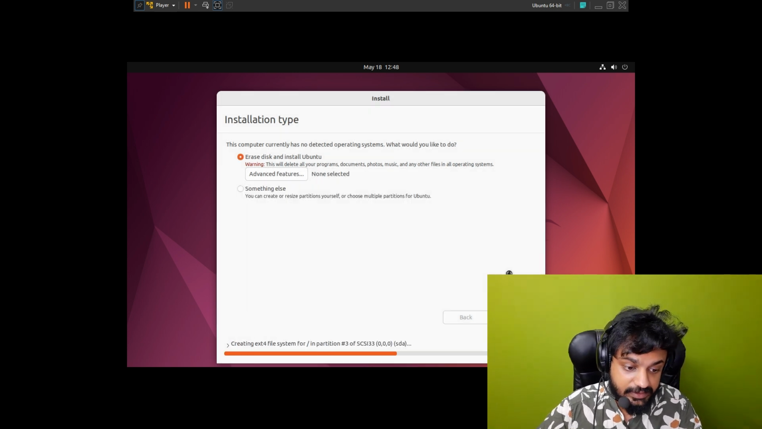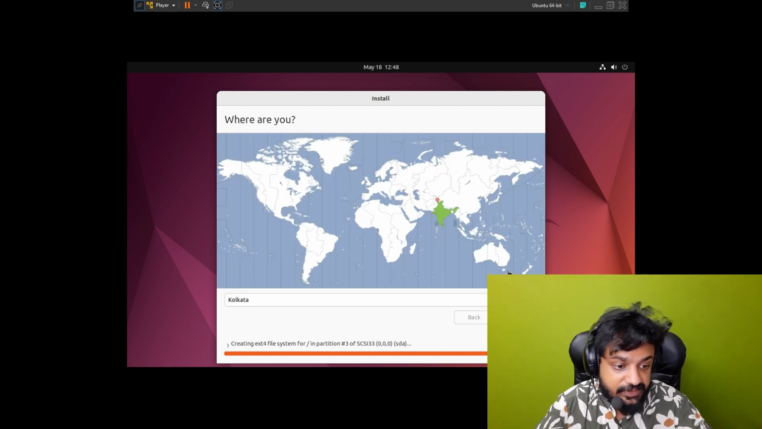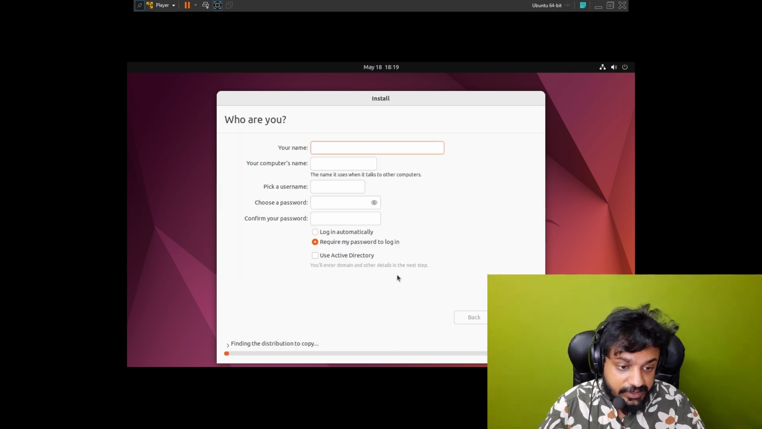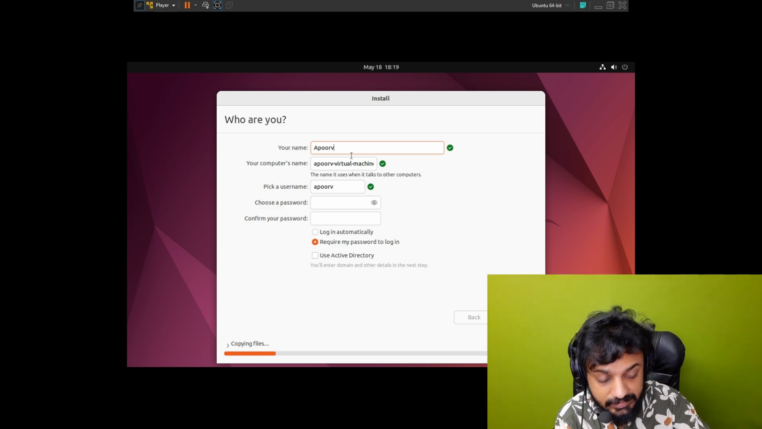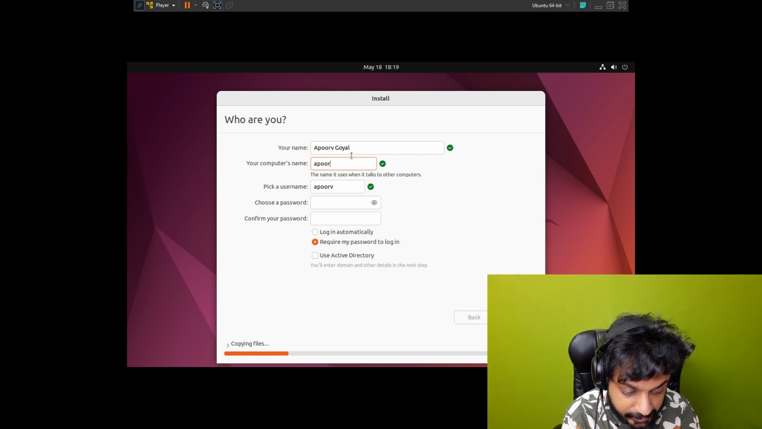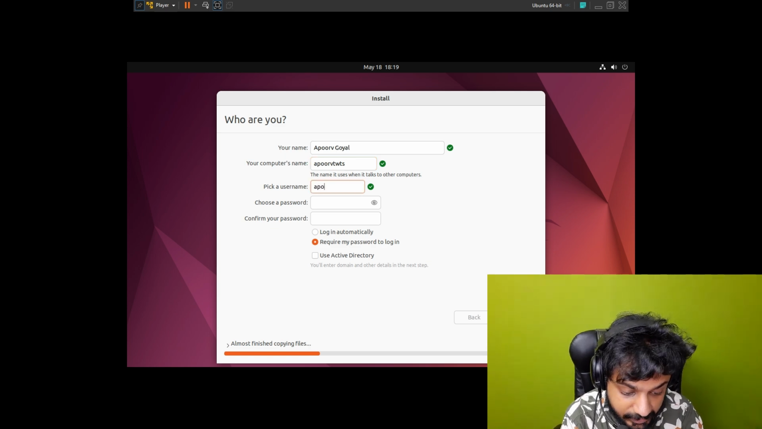Ubuntu inside of it. So this was the partition that we created. Our time zone is Kolkata, doesn't matter. I'm going to continue. It is asking me again with the petty details. My name is Apoorv Goyal. My computer's name is going to be my Twitter handle, Apoorv TWTS. Right. My username is going to be my Twitter handle,